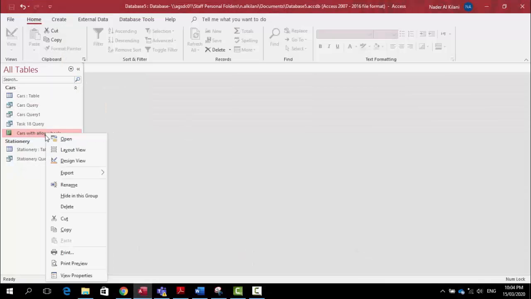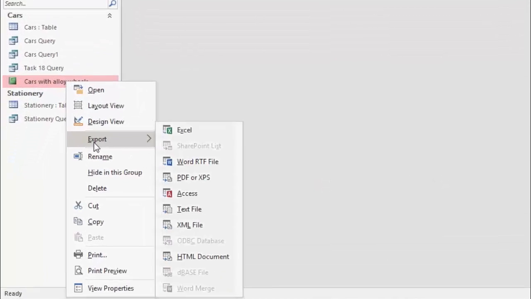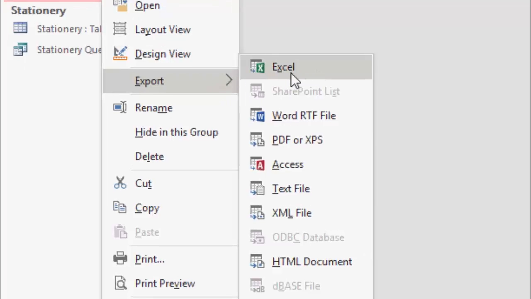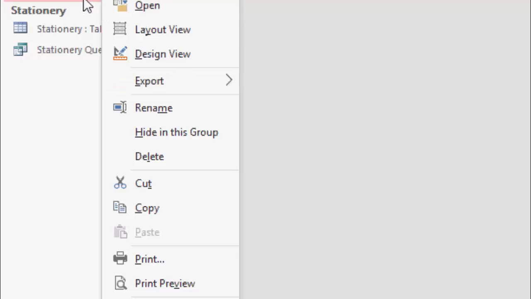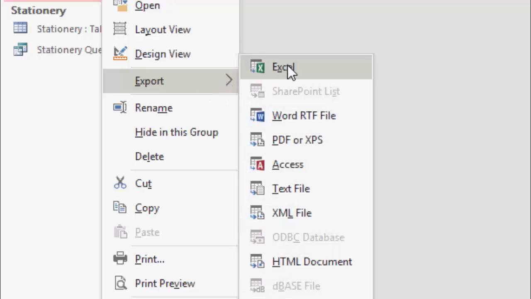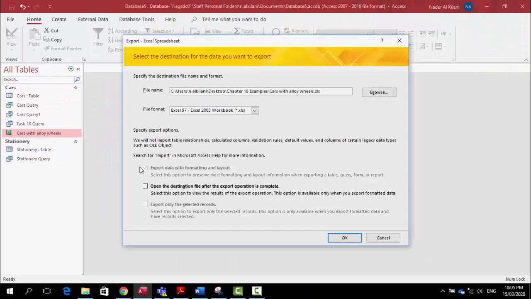Now we can choose another option, export. This time maybe I would like to save it as an Excel sheet, the report from Access to an Excel sheet. I can do this, export. You're gonna choose Excel. It's the same destination. You can also choose to open the destination file and hit OK,